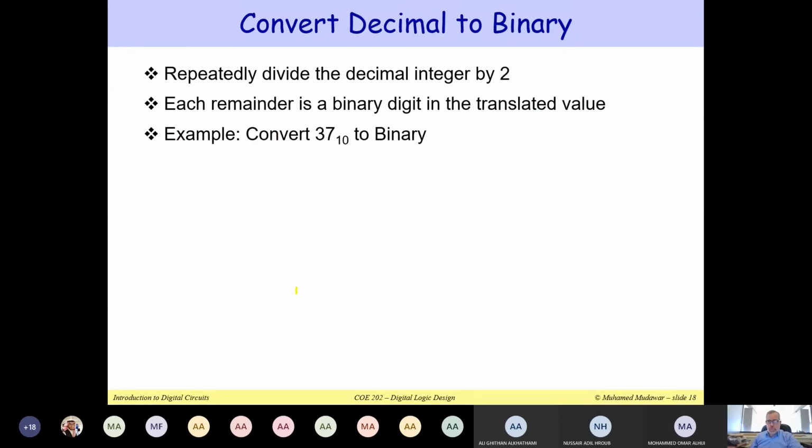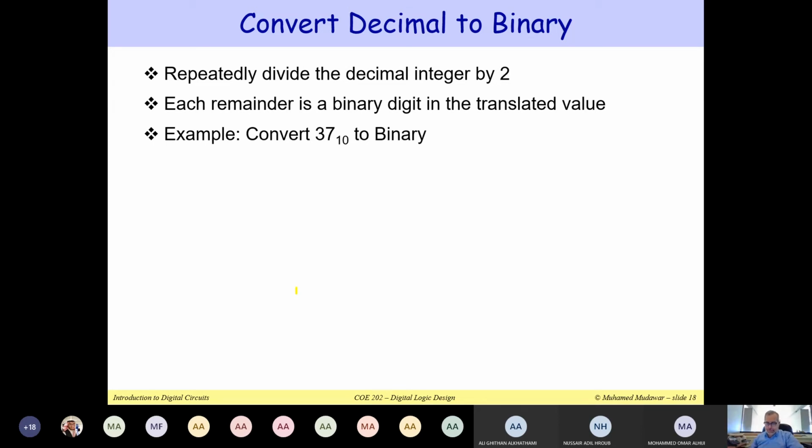So if I have a number in decimal, it's difficult really to guess the number in binary. We need a method to convert the number in decimal to binary. And this method is simple. All we have to do is divide the number in decimal by 2. Now, why do we divide it by 2? Because the radix is 2, because we would like to convert it to binary. So binary means the radix is equal to 2.